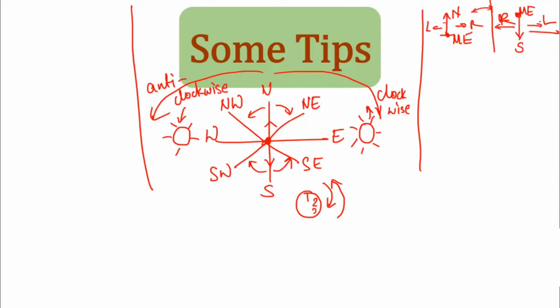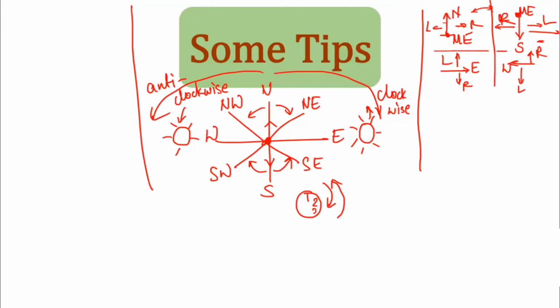Your right hand side is this, okay? This is your right hand side, but this is my left because I am facing south and you are currently facing north, okay? Say I am facing east, what will be my right? It will be this and this will be my left. If I am facing west, this will be my left and this will be my right hand side.